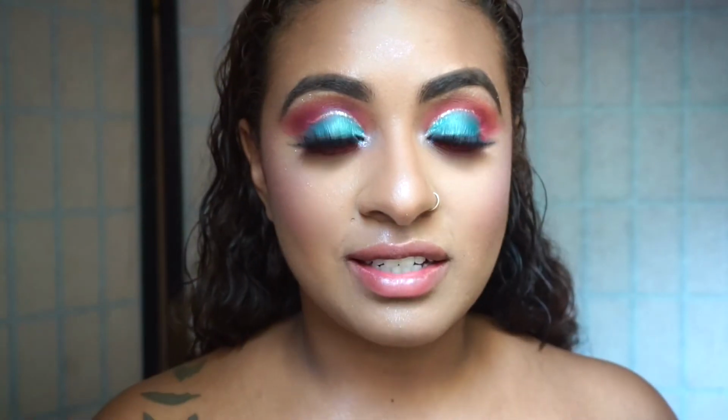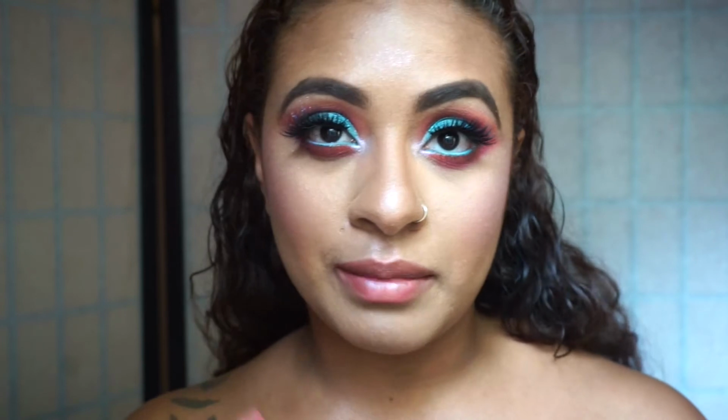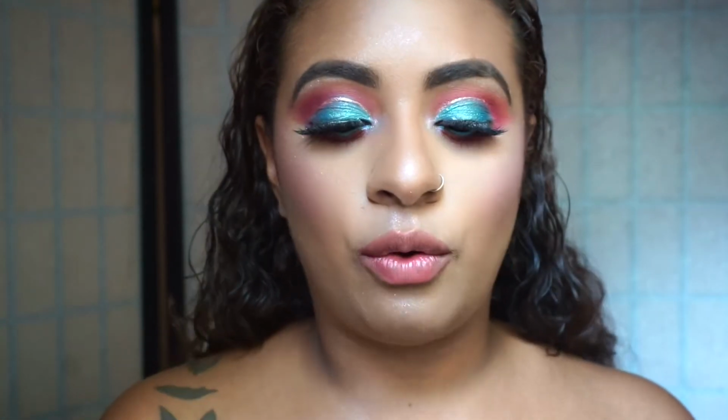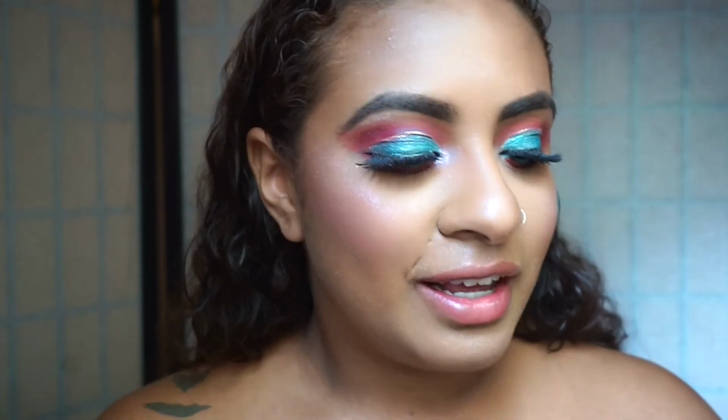So the sun is leaving me, so I'm trying to be as fast as possible. Alright, so I kind of am not sure what to do for a lip. I actually played with a couple of colors because I wanted to be different. I didn't want to just have the main focus on the eyes. I wanted to have some depth. So we're gonna play with a couple of colors. I have like 20% left on my camera because I charged it for a little bit. So I'm gonna use